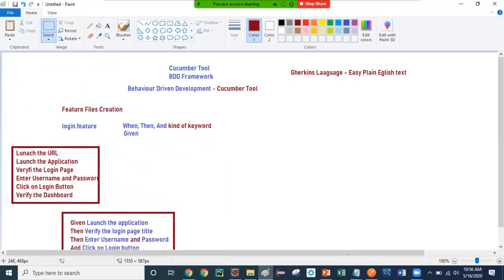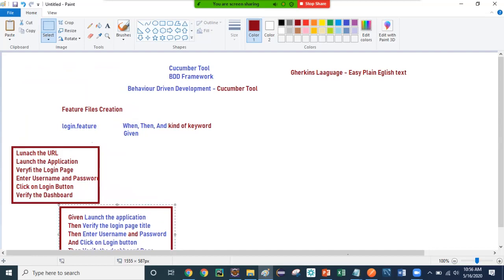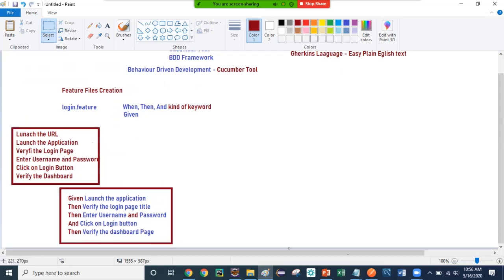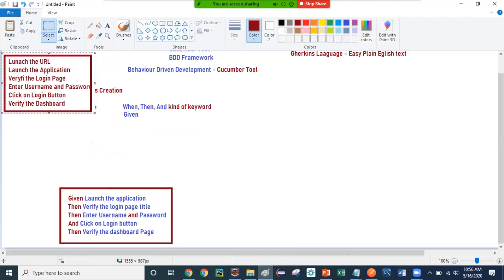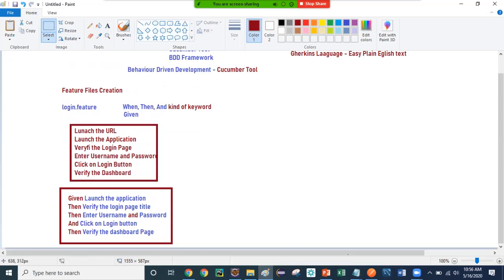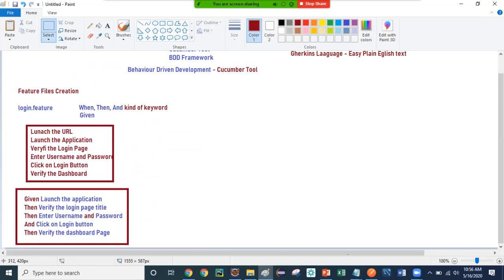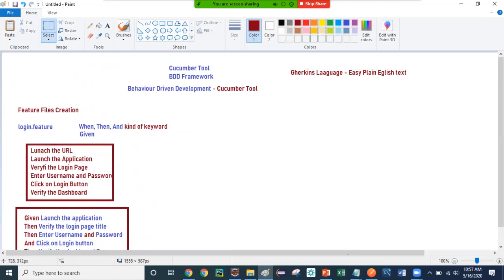Okay, so I'm just writing it over here. Now what is the second thing? Just hold on, let me arrange these things so they will be on your screen. When you're watching this video, you can also take a screenshot of it. So this is what we have for BDD. Now this is the first thing. What is the second thing?